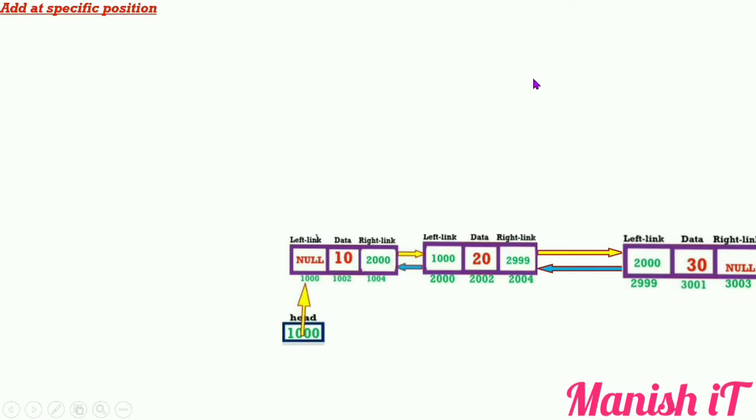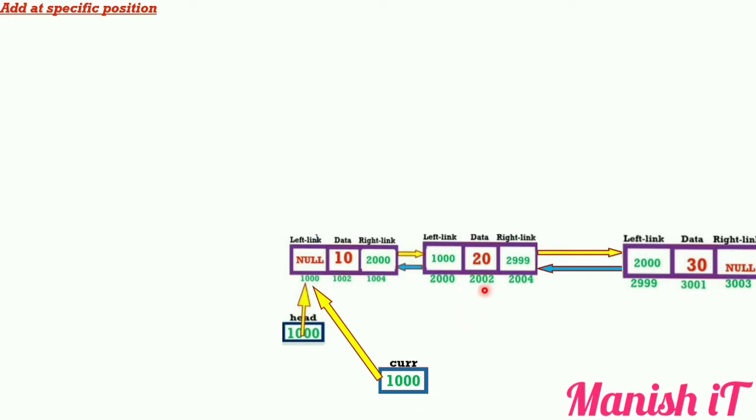So how to write our logic? We need another variable, because we already discussed that we can never move our head pointer. Our head pointer is this, so we can never move this, so we need another pointer. Suppose I have taken a current pointer, initialized with the base address of this node. The base address is nothing but head, that is 1000, so current starts pointing here.